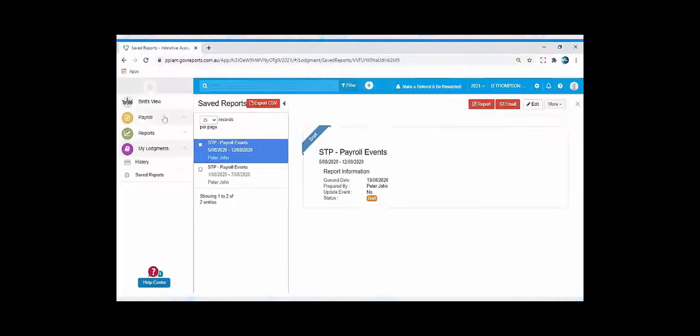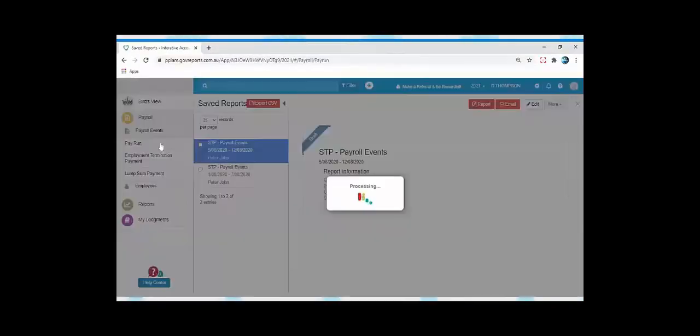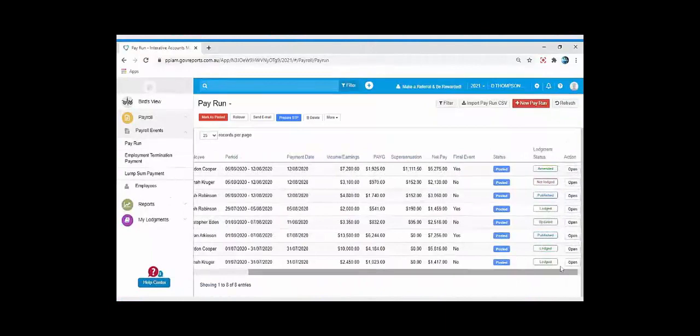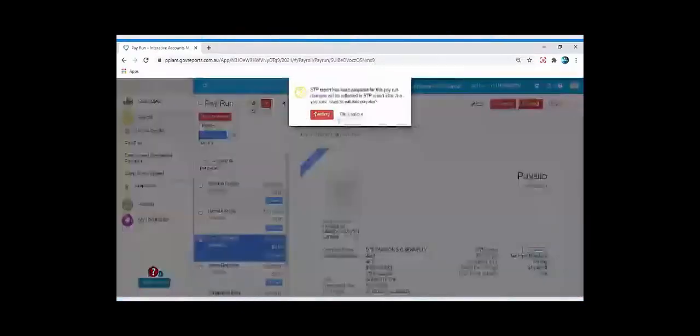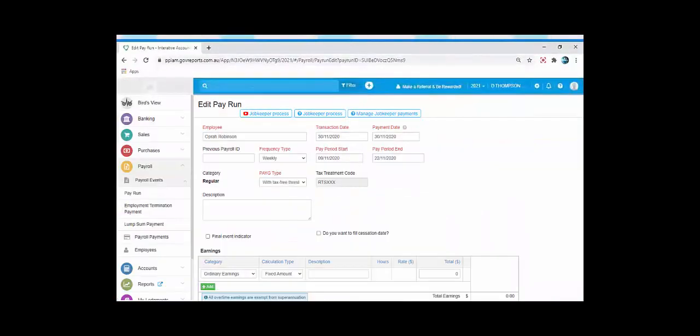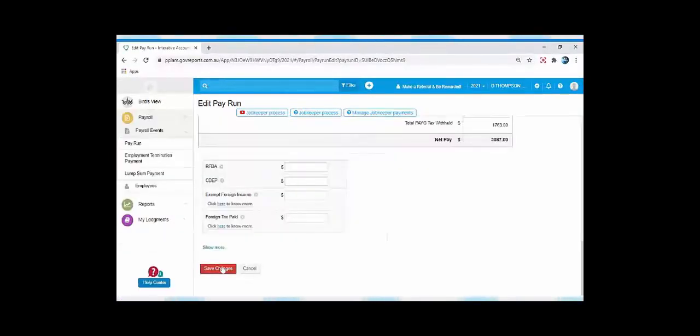Now go to Payroll, Payroll Events, Pay Run to edit the pay slips in that lodgement. Open the pay slip that is now in published status. Click Edit and proceed to make changes. In the Edit Pay Run window, make the required changes and save the changes and repeat same process for all